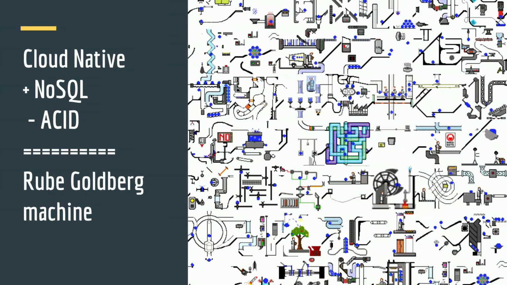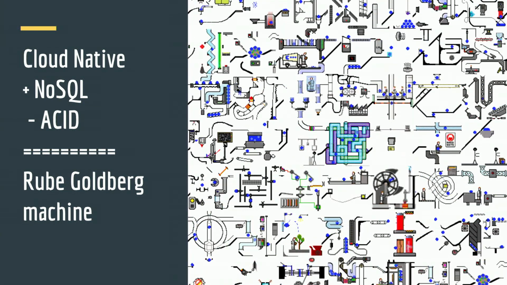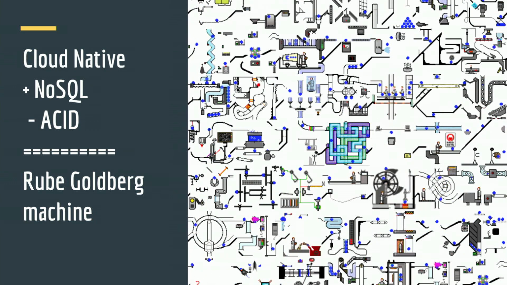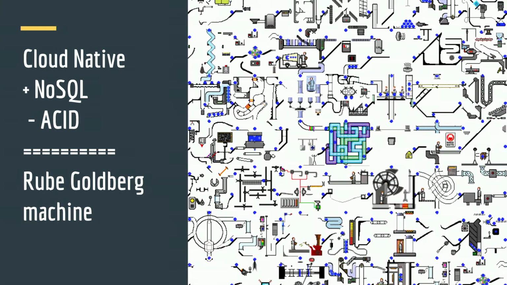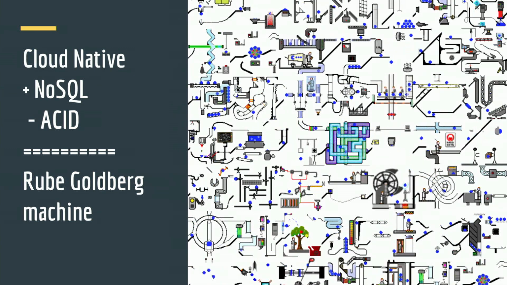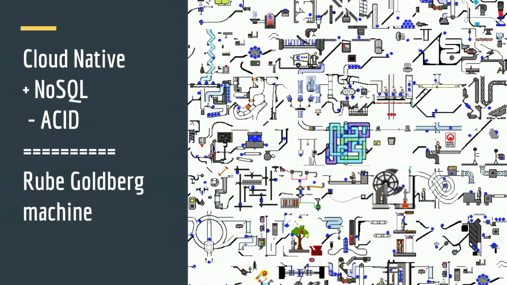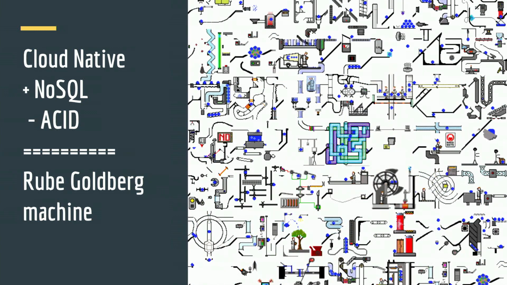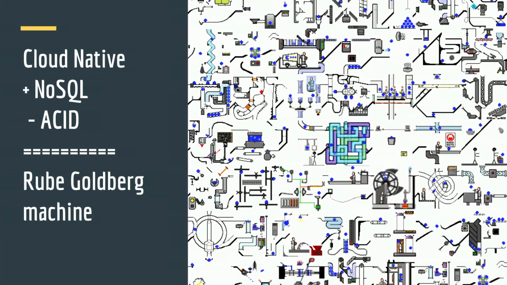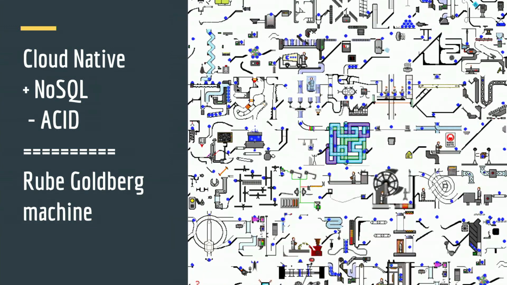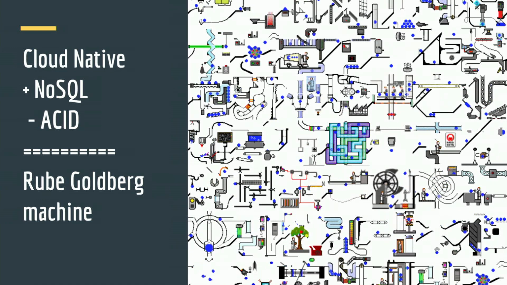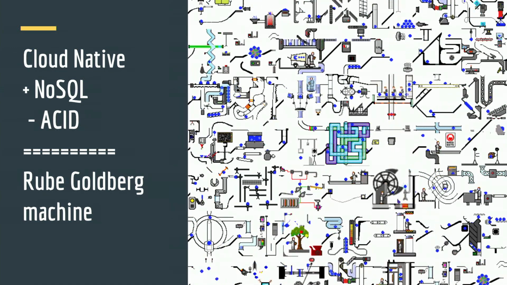So I really think that when you look at a cloud-native architecture, you add NoSQL databases, and you completely take out an ACID transaction, you end up with almost this Rube Goldberg machine of data, right? So you're trying to figure out between these hundreds of servers, how do I coordinate all the data between all these services? So I think this leads to a lot of complexity when you're not having this very strong sense of consistency between my application and my application tier.